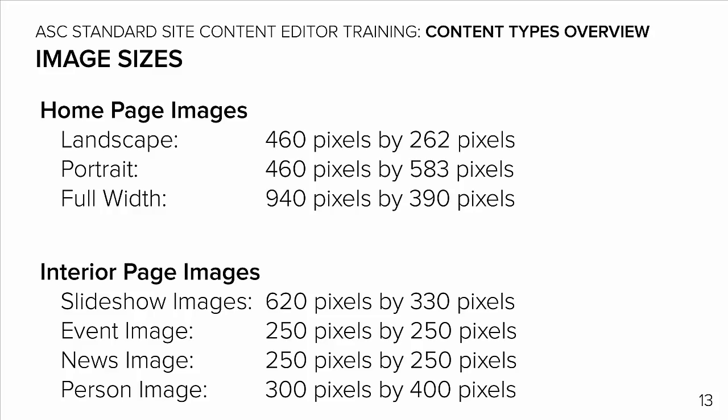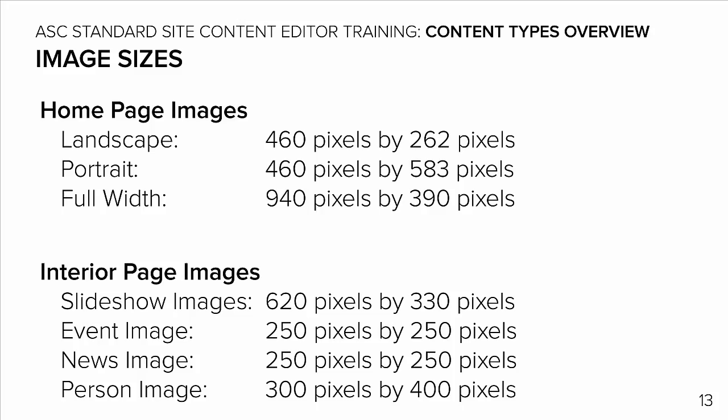Besides images that you add to basic pages, required feature image sizes are as follows. For home page rotor images, the image landscape option is 460 pixels by 262 pixels. The image portrait option is 460 by 583 pixels, and the full width image option is 940 by 390 pixels.